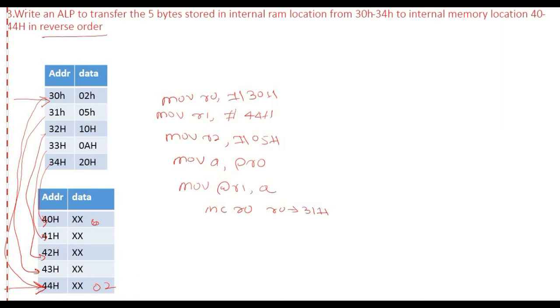Our destination pointer needs to point to 43H, so we use DEC R1, and R1 will point to 43H. Next we have the instruction DJNZ R2, repeat, and the repeat label goes here.